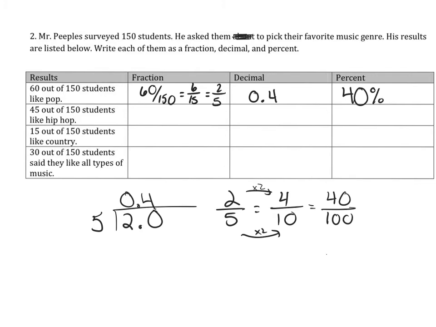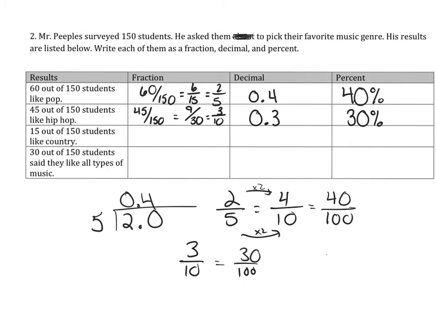Okay, next we have 45 out of 150. We could simplify that by 5, which would give me 9 over 30, and that could be simplified by 3 again, so that would be 3/10, which gives us the decimal 0.3, which tells me this is 30%, because once again, you can just move the decimal twice, or you can think of it as I have 3/10, to change that to be out of 100, I would times it by 10,